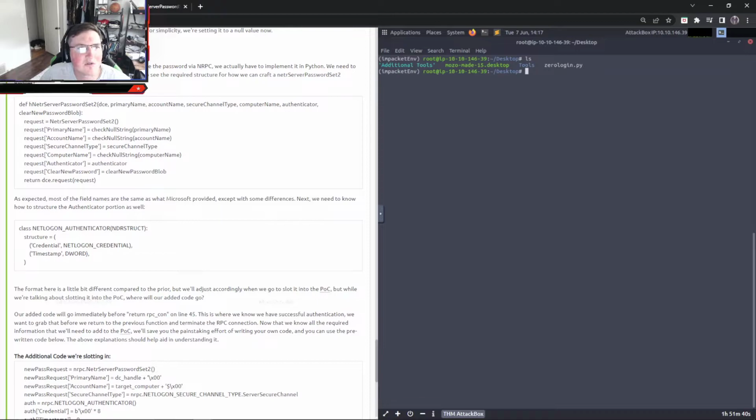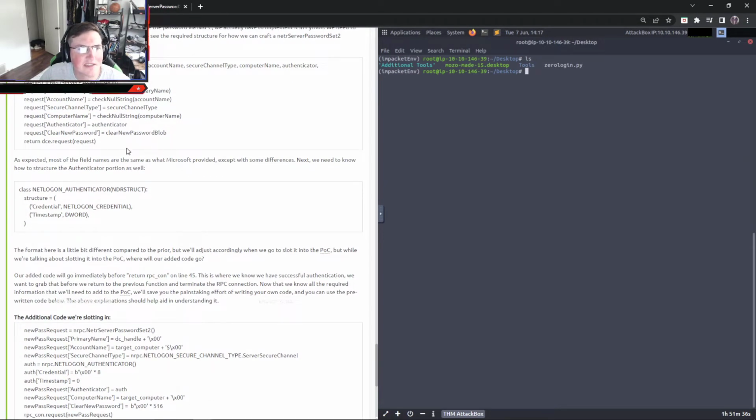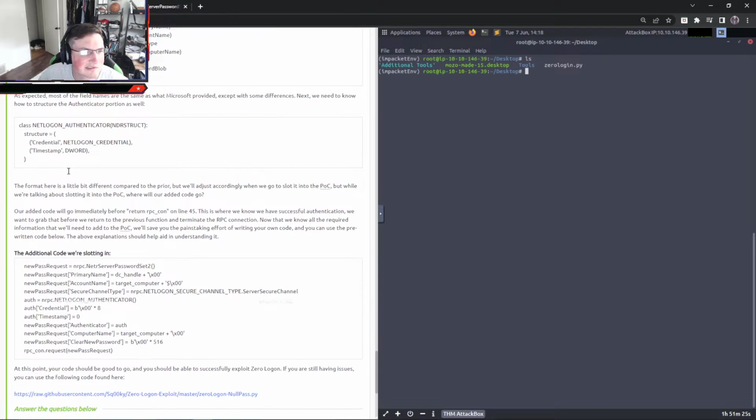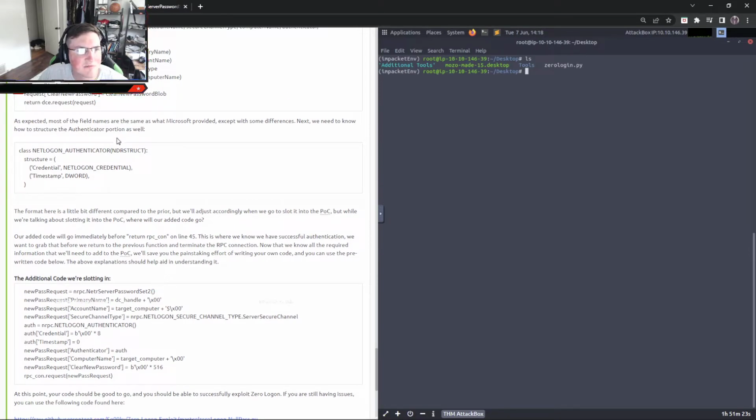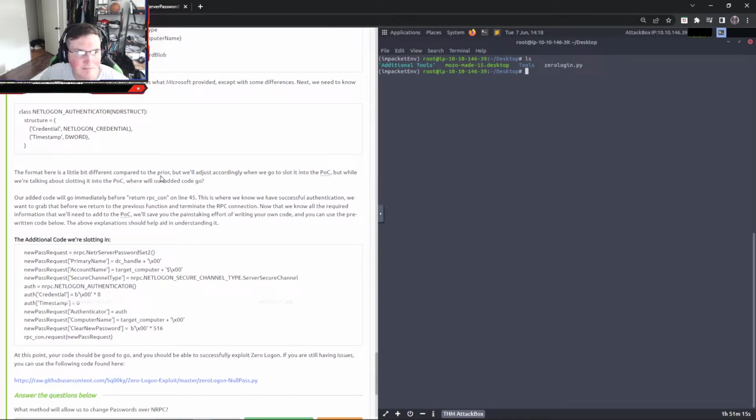Okay, so now that we know we required arguments, you can see again they're giving you the same arguments. As expected, most of the field names are what Microsoft provided, except for some differences. So you can see they've changed a little bit. On the authentication portion, you actually need a couple of things here: the credential, timestamp, and so on.